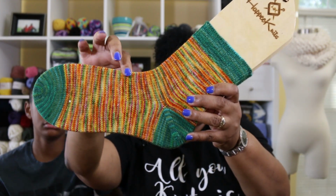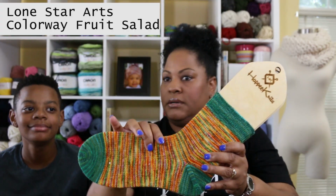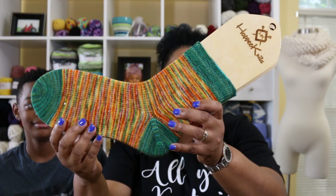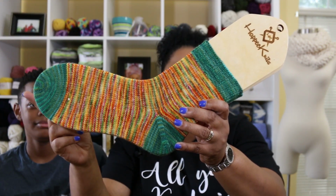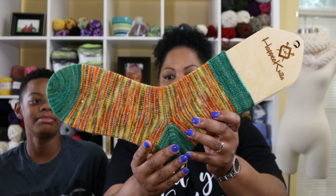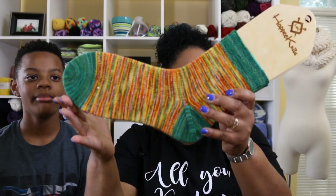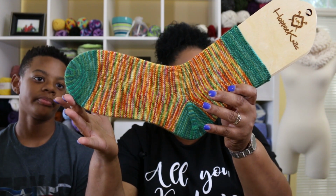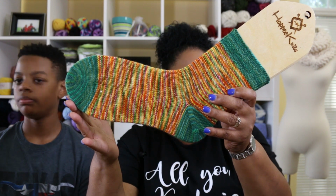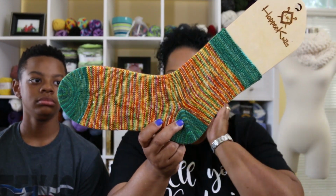The colorway is Fruit Salad from Lone Star Arts. She is a dyer here in Texas, and the toes, heel, and cuff are the Knit Picks in Canopy Stroll. Canopy Stroll, yes. I knitted these on 2.25 millimeter, US size 1 needles, and I did the true afterthought heel where you cut the yarn,